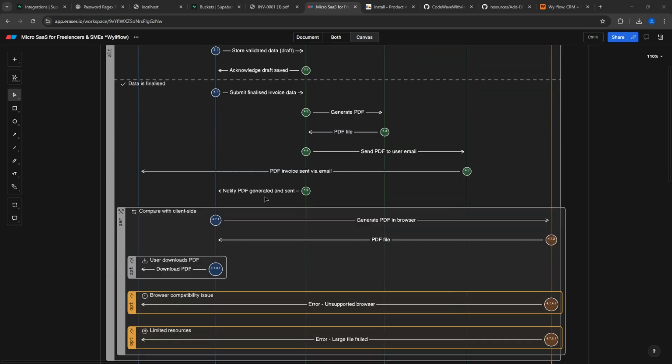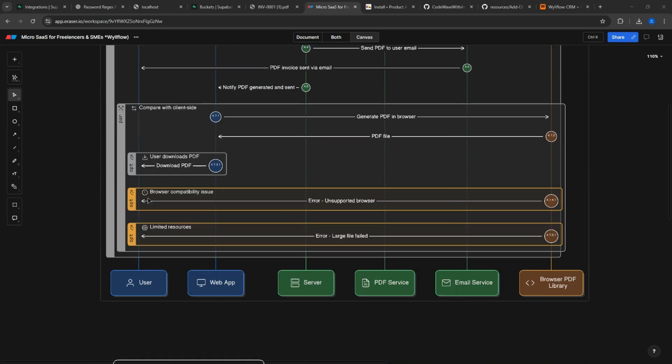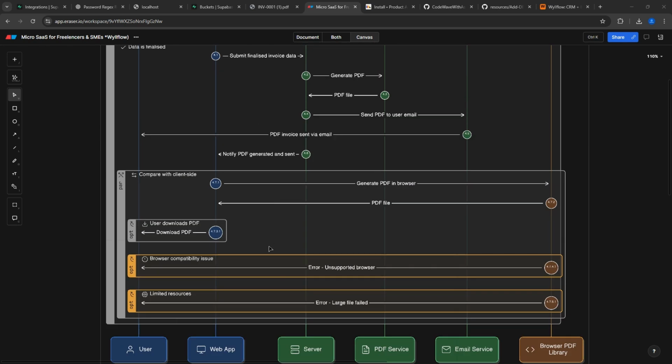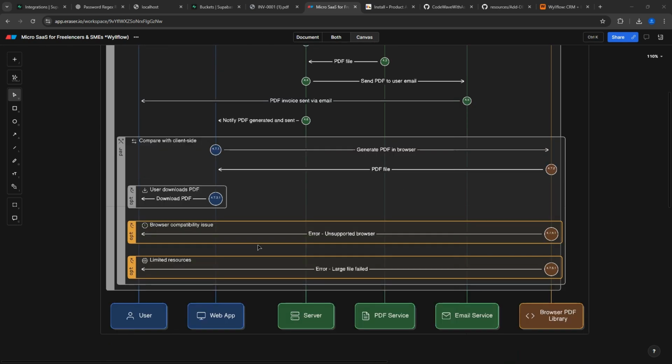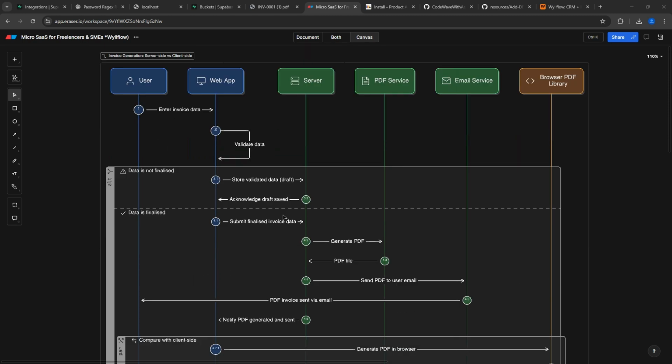And I chose the server side over the browser side because of several factors like browser compatibility issues, right? And unsupported browsers, as well as limited resources, and some large file errors, as well as the other one, which is because we have a paid option. I don't want people to just manipulate it and get away with the paid options for free. So I chose that. Now, another thing that somebody will want to ask is that since you're saving the PDF